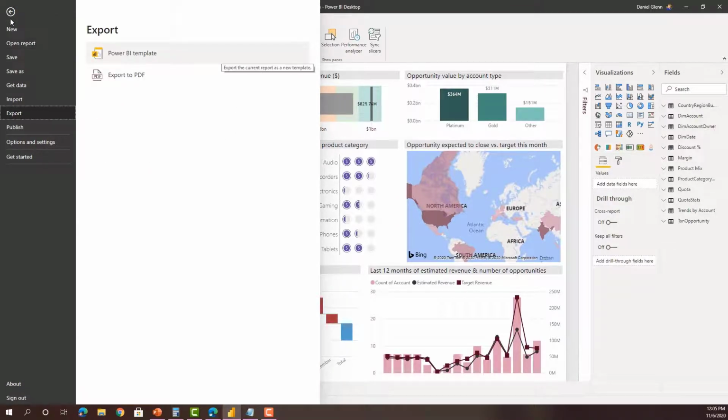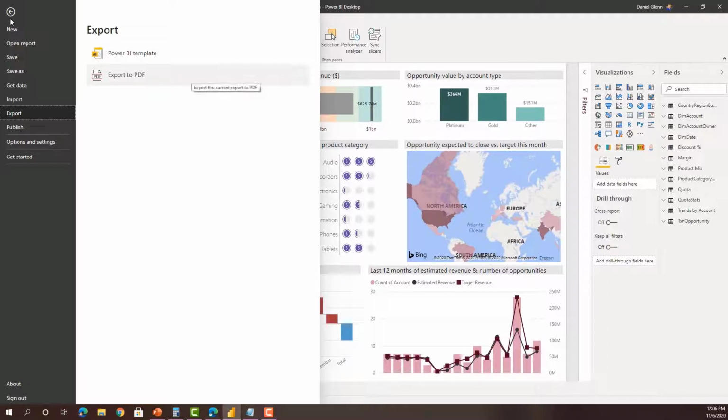One is Power BI Template, and it is just that. We'll take what we have here, create a template to be able to share, but this is very similar to just giving the PBIX file. And we talked about how we really shouldn't be doing that. This is the one case where you might want to do that, if you want to set up your report for it to then be a template for others to use.